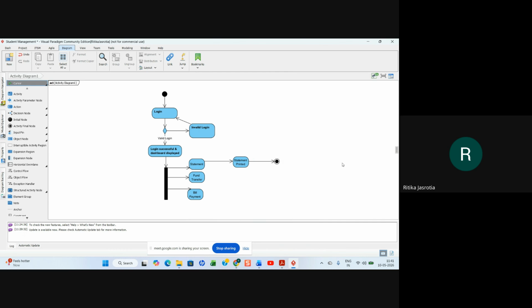Yes, that is the final activity, right? In an online banking system or not? Just hold on for a second. Right, any doubt in this?